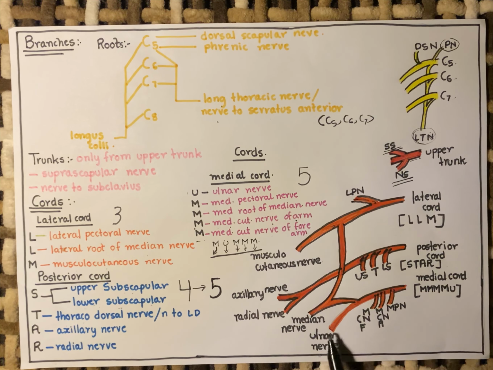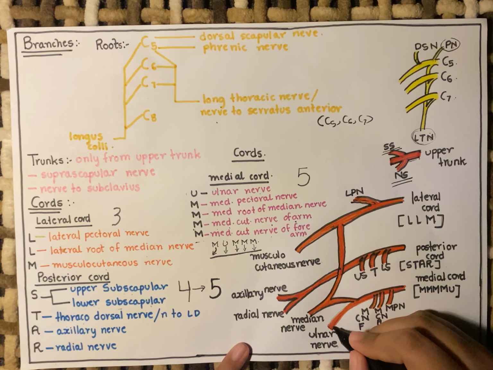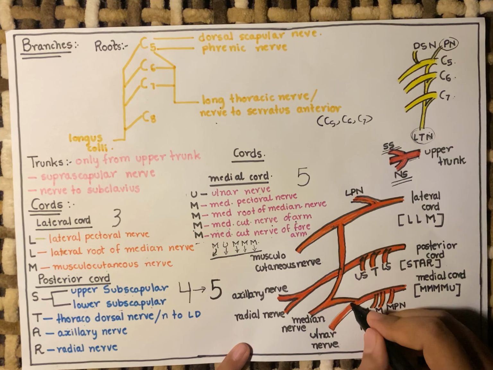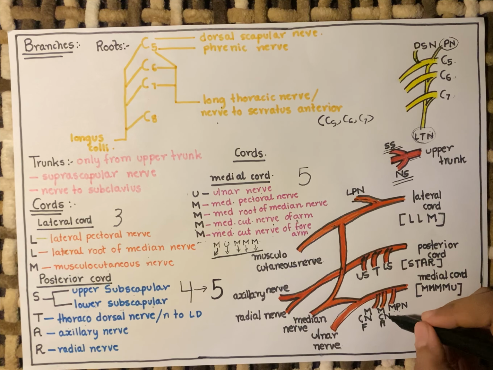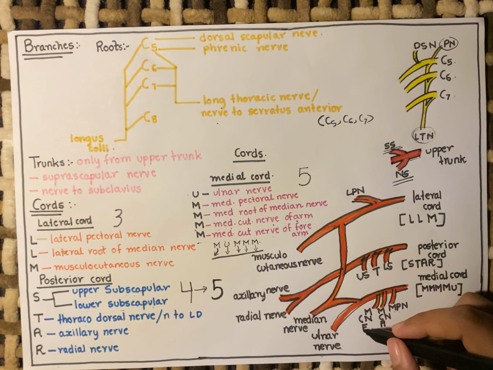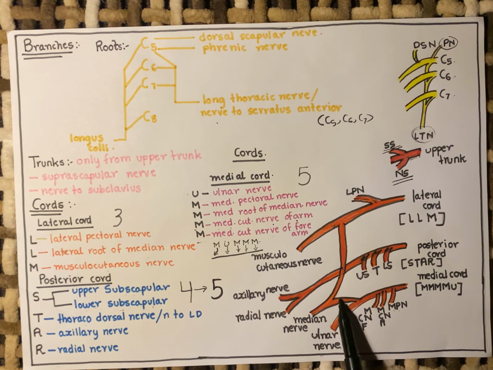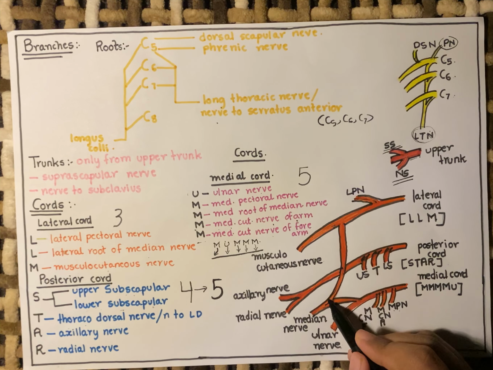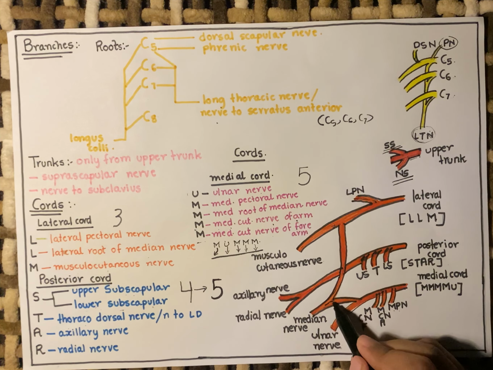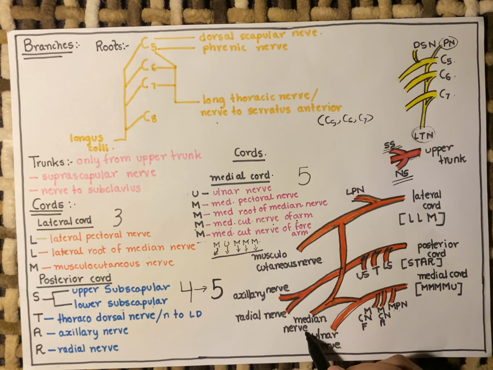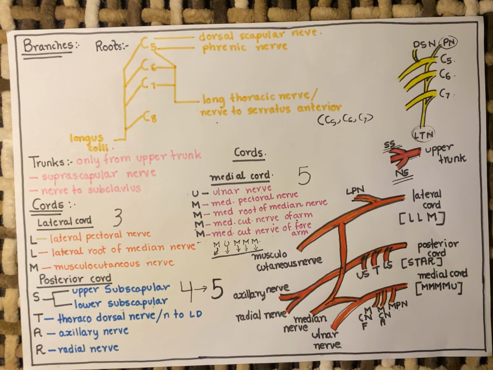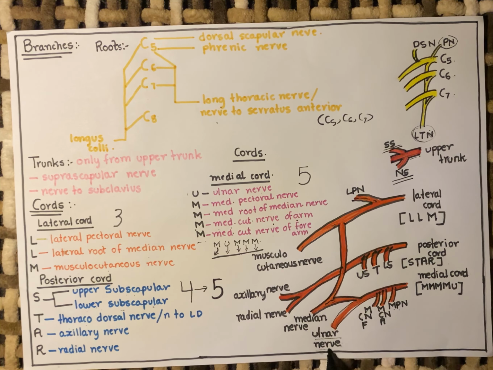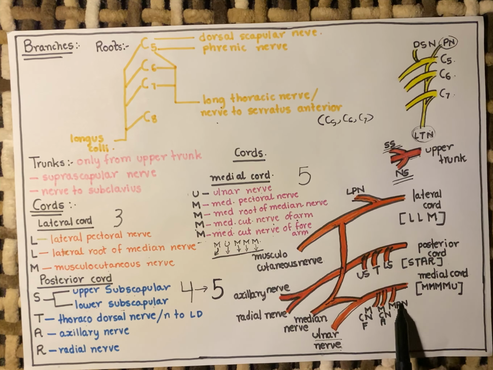Next, we'll go to the medial cord. From the medial cord, you can basically see that here we have the medial pectoral nerve, medial cutaneous nerve of arm, medial cutaneous nerve of forearm, and a medial root of the median nerve. This lateral root and medial root are fusing with each other in order to give the median nerve. Okay, and the medial cord also gives off a very important nerve, which is the ulnar nerve. Okay, so we are done with